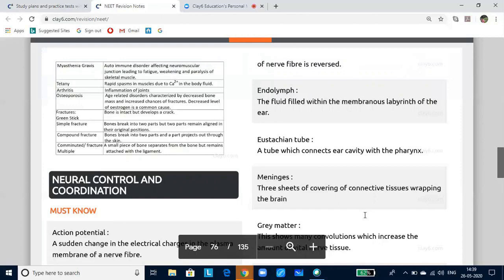Osteomyelitis is an inflammatory disease of the bones due to infection by streptococcus, usually at the place of the bone. It results in severe pain in the affected part of the bones, fever, and pus formation. Slip disc means the vertebrae sometimes move away from their original position, that is the intervertebral disc, and this is what we call a slip disc. This will cause you neck ache, backache, or sciatic pain.